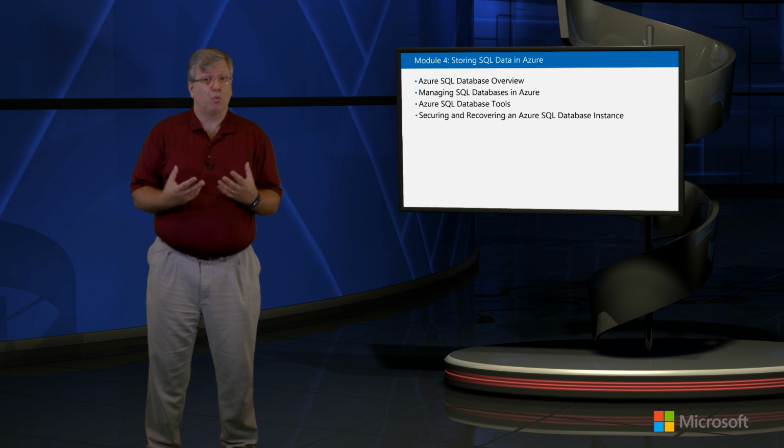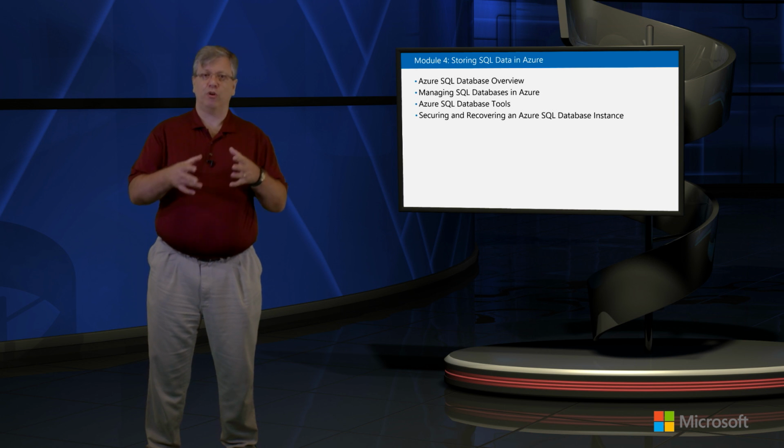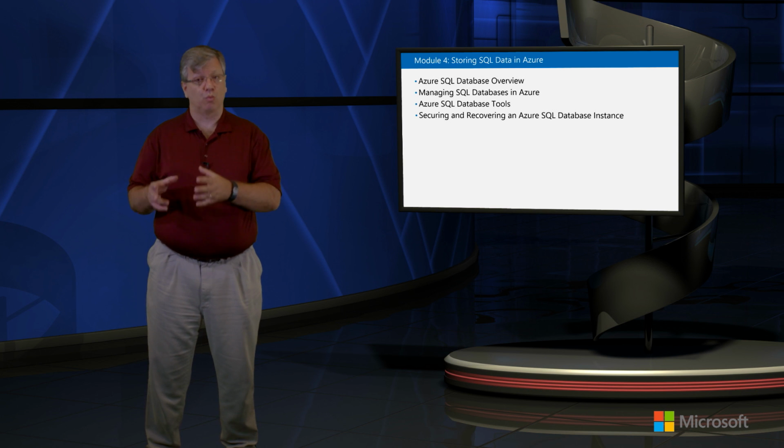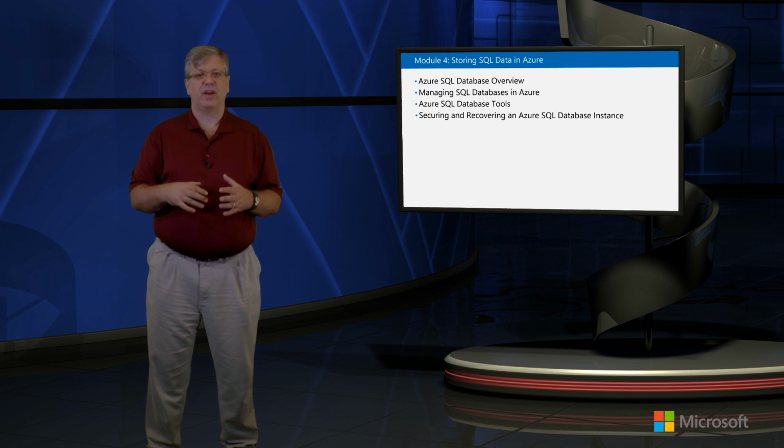And if you are used to working with SQL Server, the good news is that your experience is going to pretty much translate one-to-one when you're working with an Azure SQL database. And you'll see that the tools that work with an on-premises version of SQL Server are going to work within Azure SQL database. We'll also take a look at some of the advanced capabilities and talk about the abilities, for